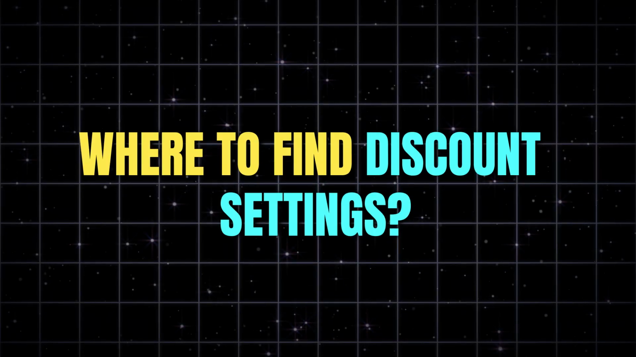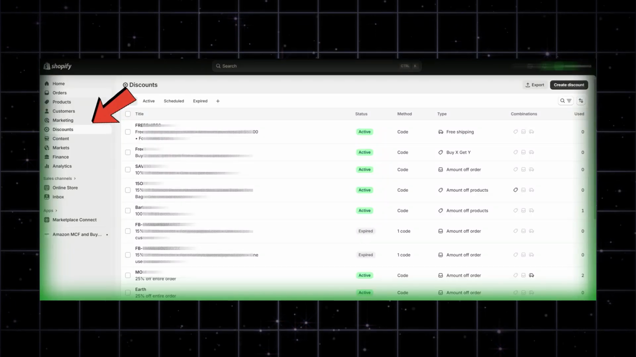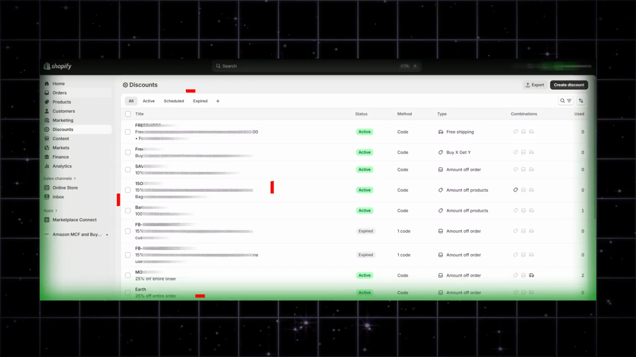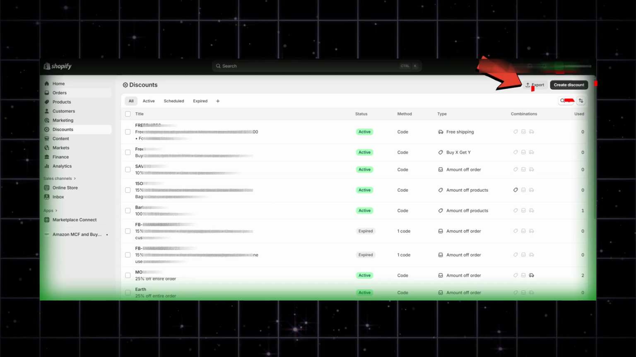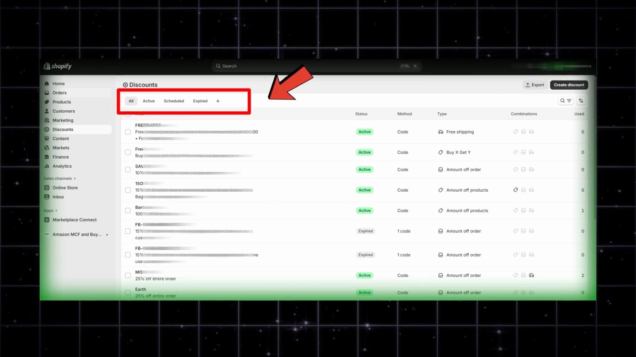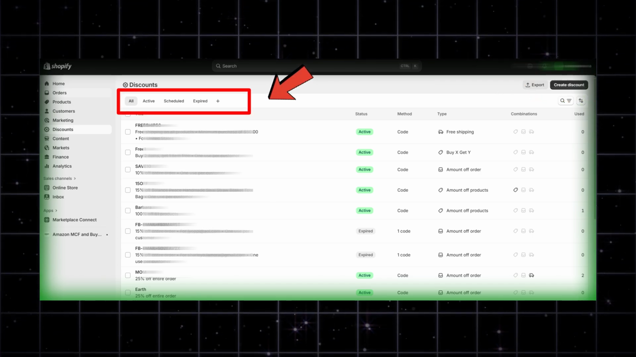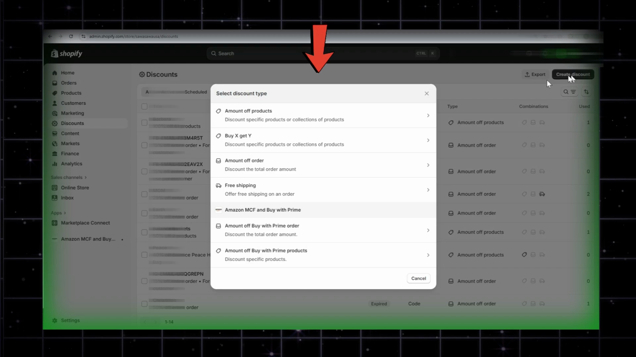Where to find discount settings? From your Shopify admin, click on discounts from the left menu. Here you can see all your discounts, create new ones or edit old ones. It's all in one easy place. Shopify lets you make 6 kinds of discount codes. Today you will learn the first 4 types of discounts, and the remaining 2 I'll share in the next video